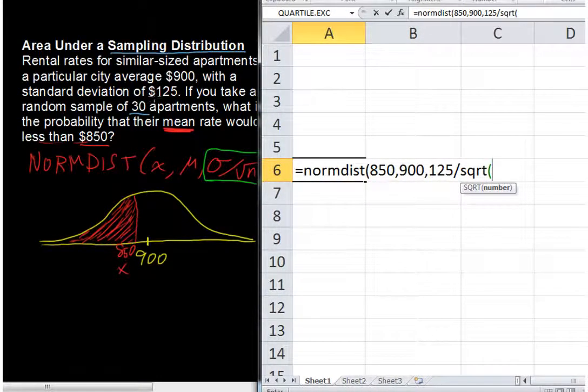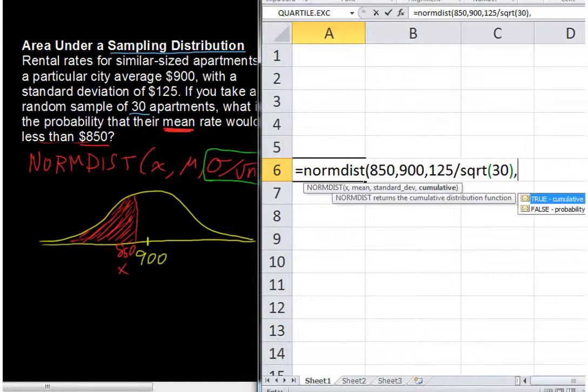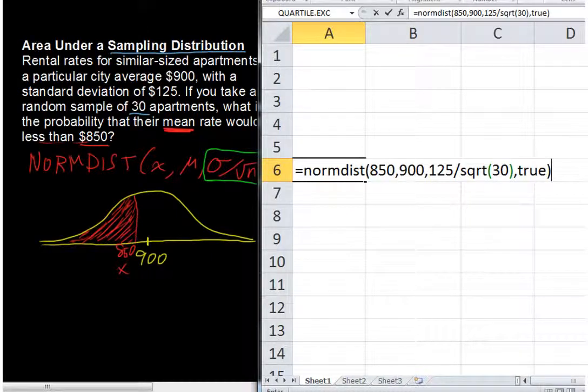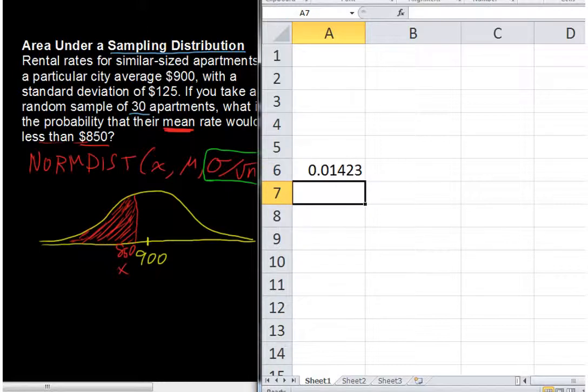That's this, sample size, 30. Okay, so we've just typed in what I have circled in green here: 125 divided by the square root of 30. And then true. That's giving us all of this area to the left of 850. Excel always works with the left area. Okay, we hit enter, and there we have it. There's our answer,